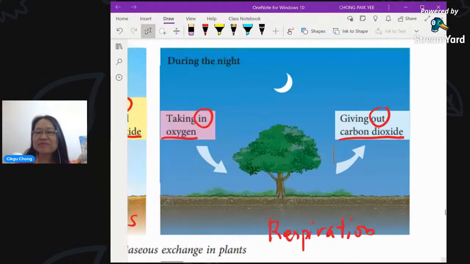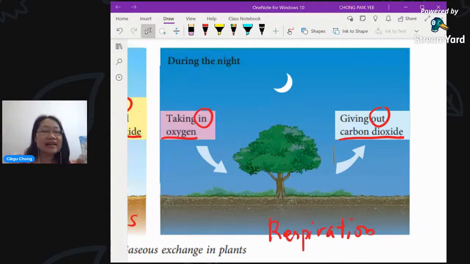Good. Plants give out carbon dioxide just like we do, but they absorb what? Okay, you only have half the answer there. What does the plant do? Instead of giving out carbon dioxide, what do they absorb? Yes. Okay, Teo Hui. Oxygen will be taken by the plant. Yes, plants will absorb oxygen. Correct. So they are also taking oxygen just like you. So they're actually competing for oxygen in the air.